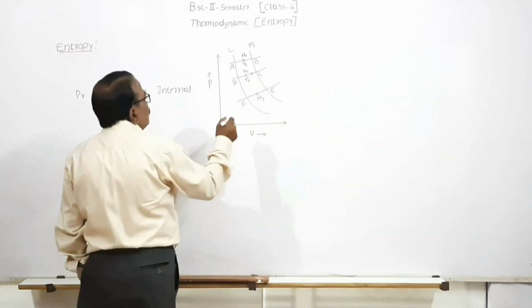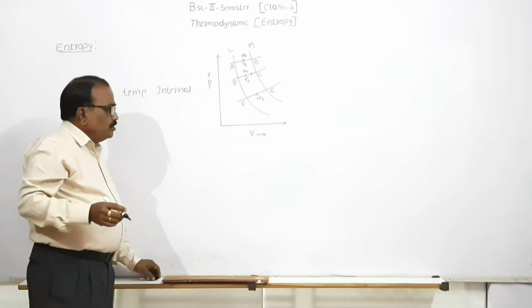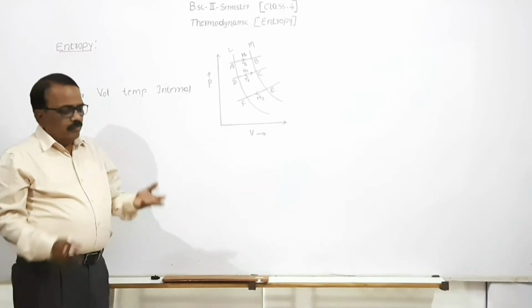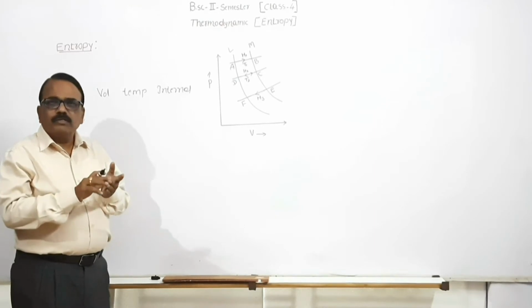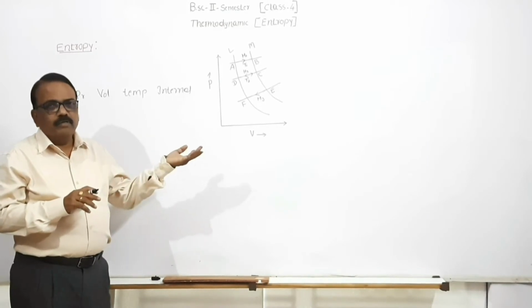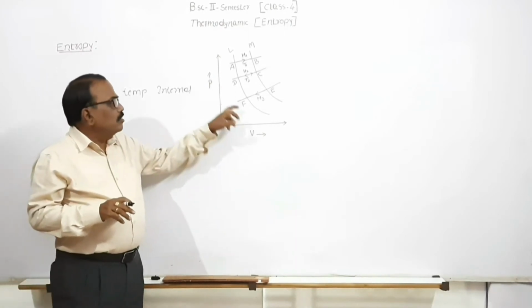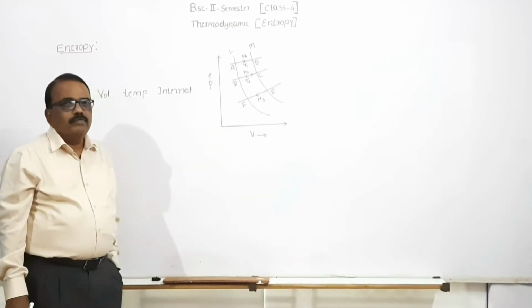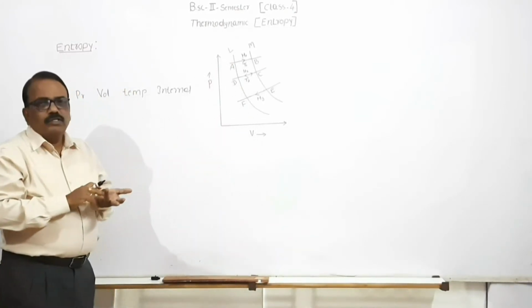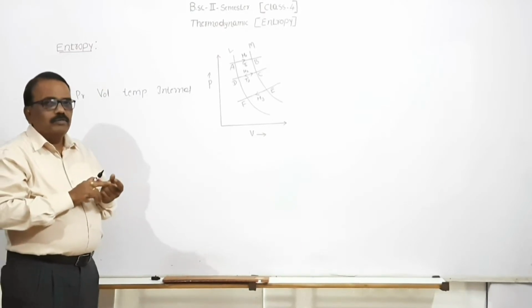See here, adiabatic means a curve drawn on a PV diagram where pressure, volume and temperature change. No heat is allowed to enter the system or come out of the system. This curve drawn is known as adiabatic. So all along the adiabatic, pressure changes, volume changes and temperature changes.